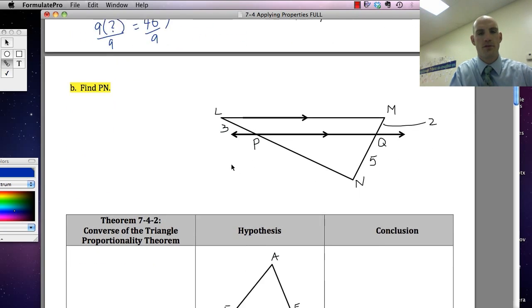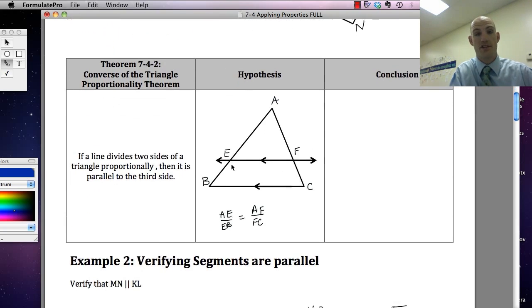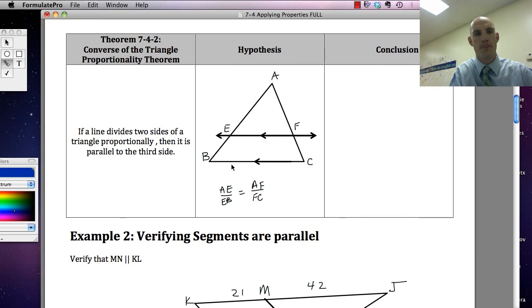Okay? Let's move on to the next theorem. Once again, it's okay to pause. Be a critical watcher of this video. It's theorem 7.4.2, the converse of the triangle proportionality theorem. If a line divides two sides of a triangle proportionally, then it's parallel to the third side. So what I'm assuming here is that these sides already have this relationship, so I tested that. Well, the conclusion that I can make then is that line EF